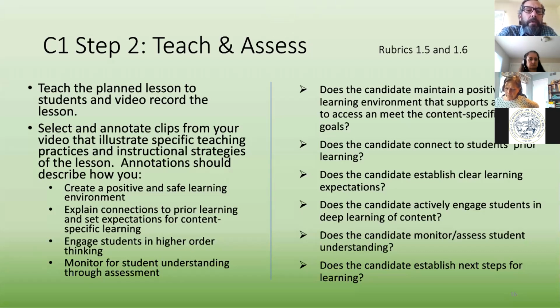And there are 4 areas that they need to document for cycle 1. Have they created a positive and safe learning environment? Have they explained connections to prior learning and set expectations for content-specific learning? Have they engaged students in higher order thinking? And have they monitored student understanding through the assessment? Again, on the right side, we've deconstructed the essential questions from the 2 rubrics, rubrics 1.5 and 1.6. And again, just as that reflective piece